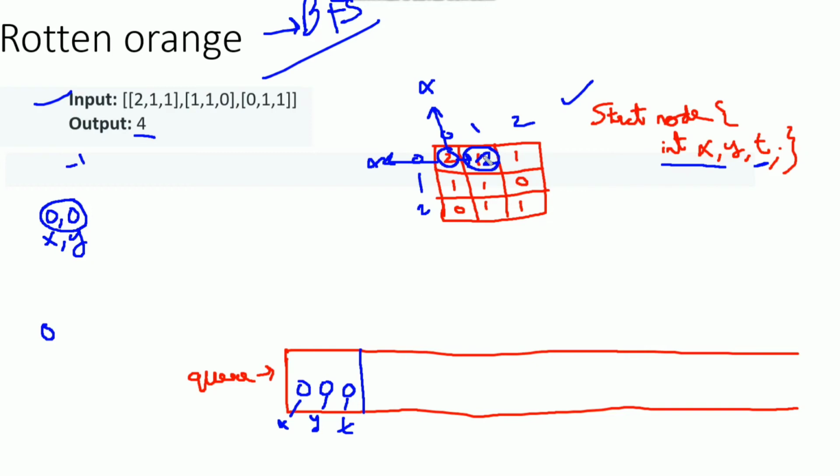So the cell location that we are going to enqueue is 0 comma 1, and the time will be the initial time plus 1, since the initial time was 0. So it will be 1 unit.